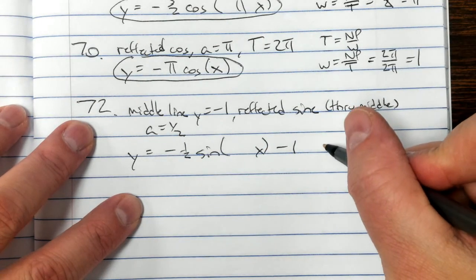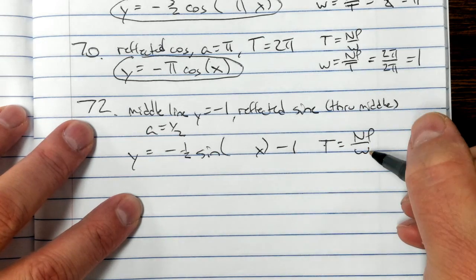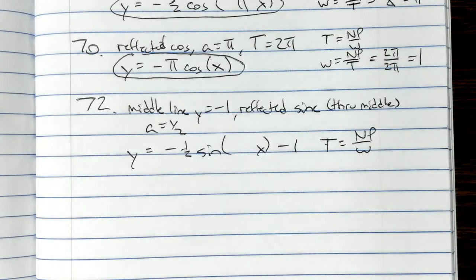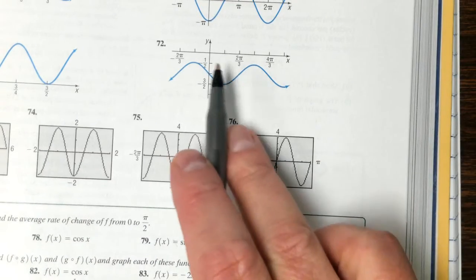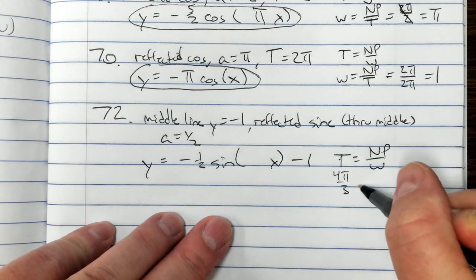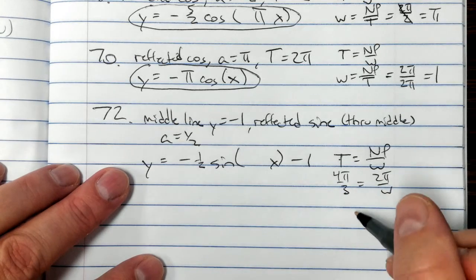And then we have to do our period is normal period divided by w, and then plug in. So your period on this one goes from 0 to 4 pi thirds. So 4 pi thirds equals 2 pi over w. So then,